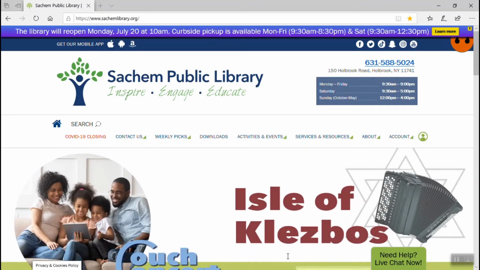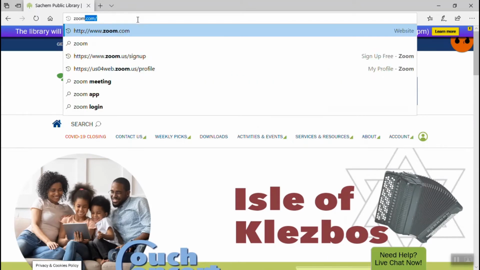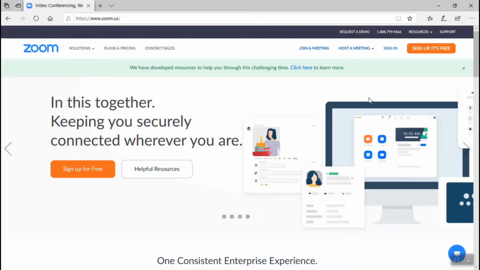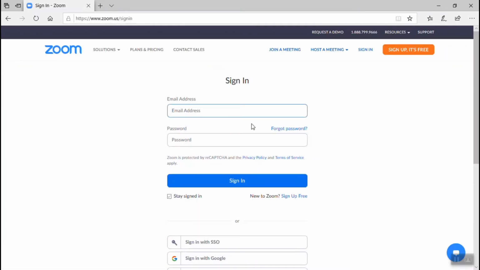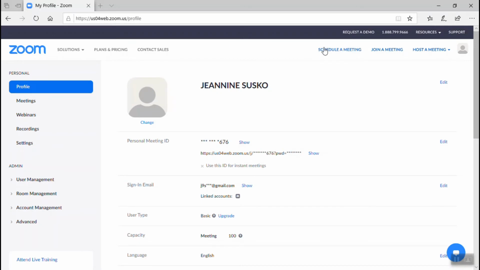So when you want to go ahead and host your meeting, you'll just navigate over to zoom.com and you will use the sign in link if you're not already signed in. Zoom in so you can see that a little better. And you'll enter your email address and password and click on sign in. And what we'll do here is schedule a meeting that will take place in the near future. Once you're signed in, you can use the schedule a meeting link along the top